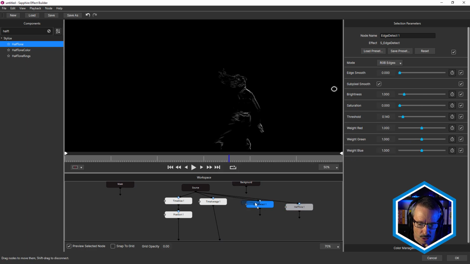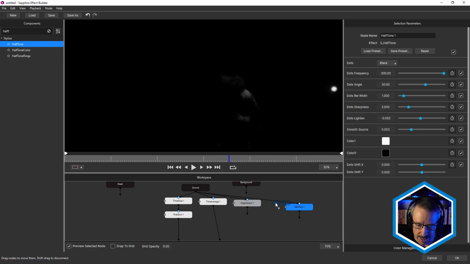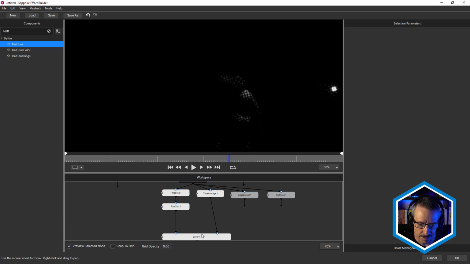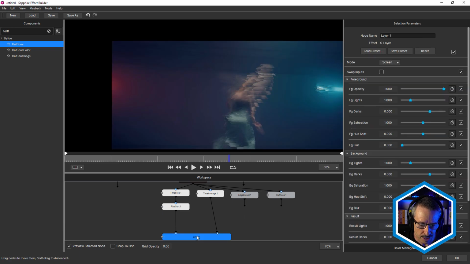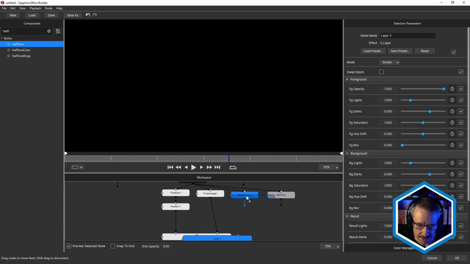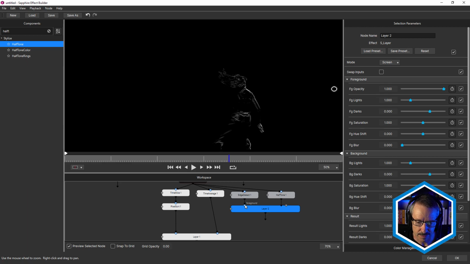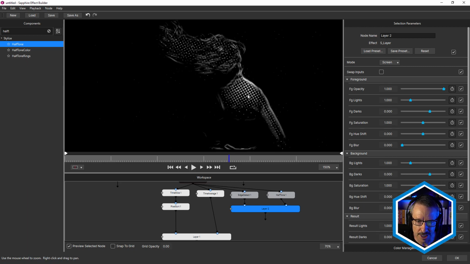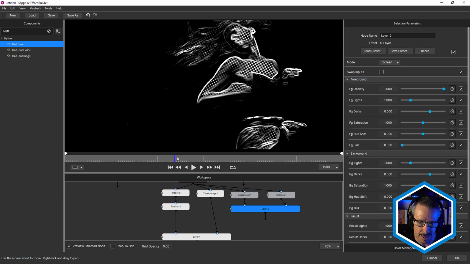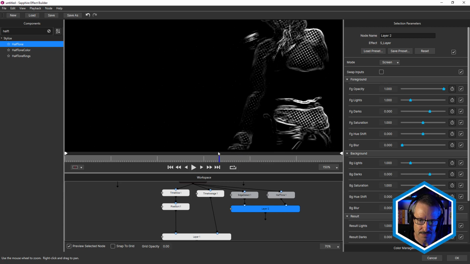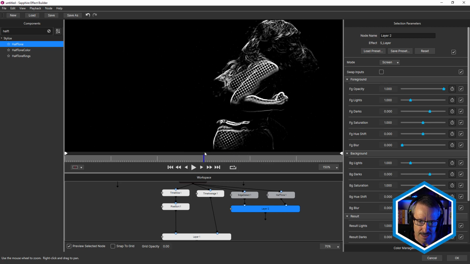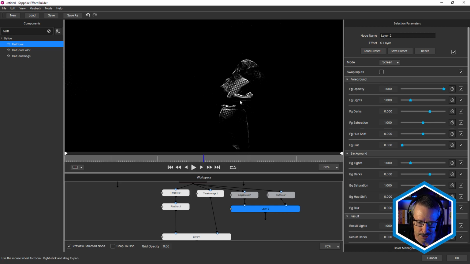Okay, so now we want to mix those together. So once again, we use Sapphire Layer. Quick way to do that is just to right click on the existing one and duplicate. Grab that and just drop it on Edge Detect like that. So we've got Edge Detect in the foreground. We'll put halftone in the background, and that's already on screen. So you can see how we can now see both effects. Very nice, huh? How good is that? Love building looks in Sapphire Builder.